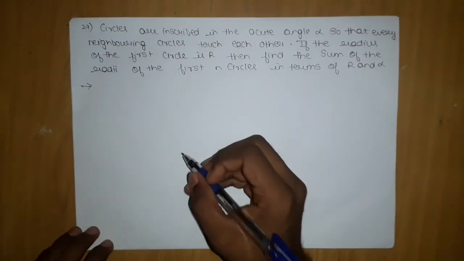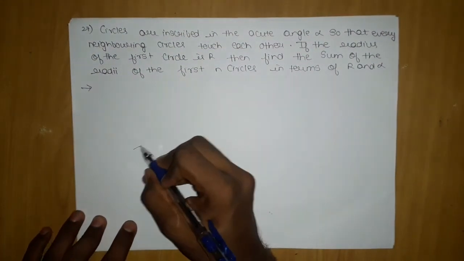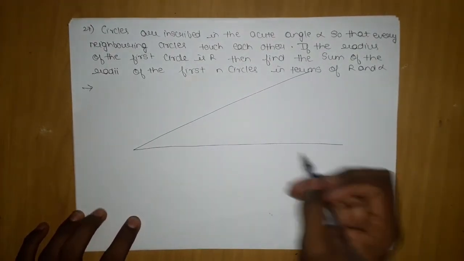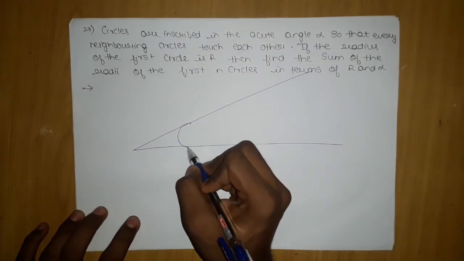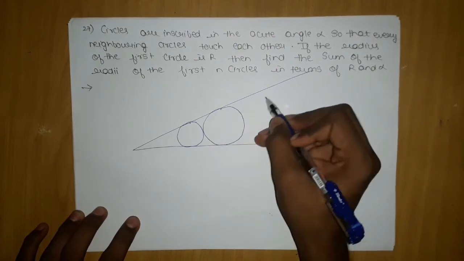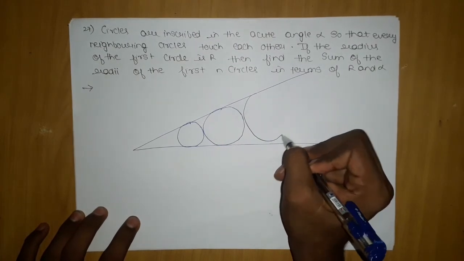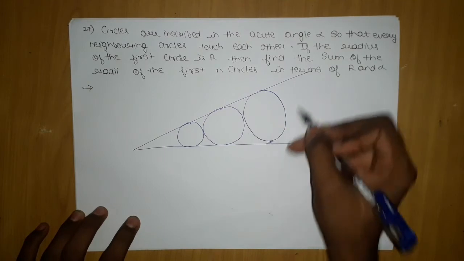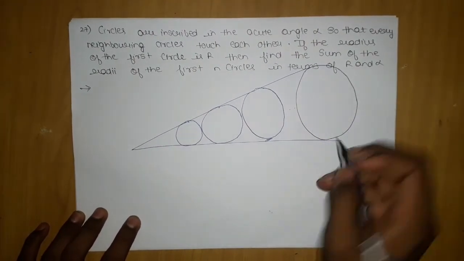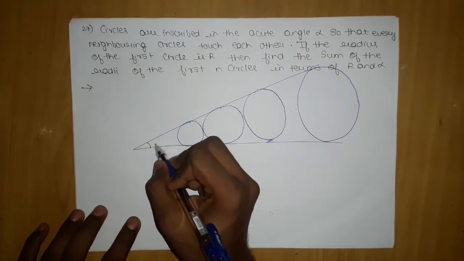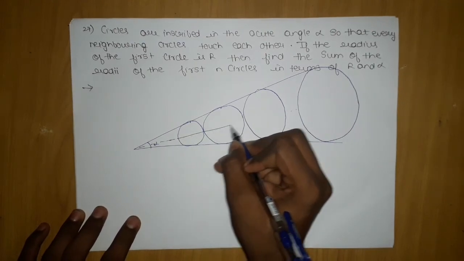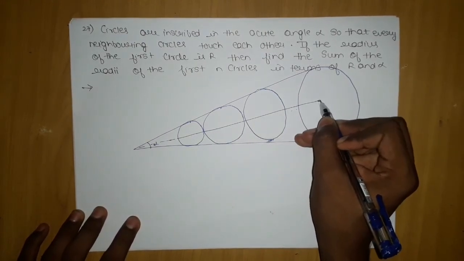So, inscribed in an acute angle. Its diagram is very important. You should be able to make its diagram. The diagram is like this. The first circle is this, the next circle will be this, touching it. After this, the third circle will be this, touching it, and it will go on till the last circle, which is this. Now acute angle alpha is inscribed, right? So like this it will go on.